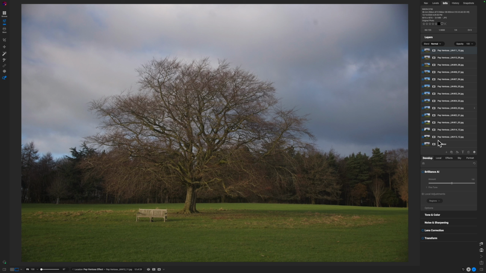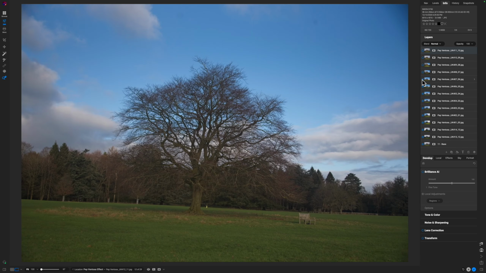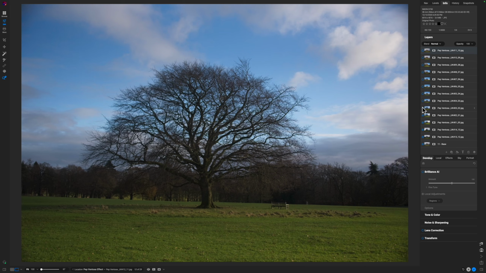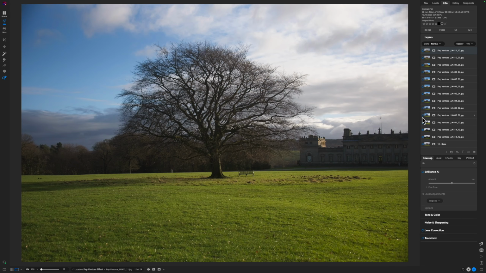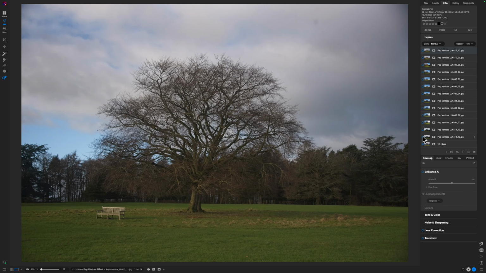Okay, so now that that's saved, all my images are in here. I am going to go ahead and turn off each one of these image layers by hitting the little radial button next to each photo. And the reason I want to do that is because I want to build up this effect. Now, remember I said that it doesn't matter what order you load these in, and I do actually mean that, all right? However, what you want to do is make sure that you have a good understanding of what elements you want to keep in the image and what